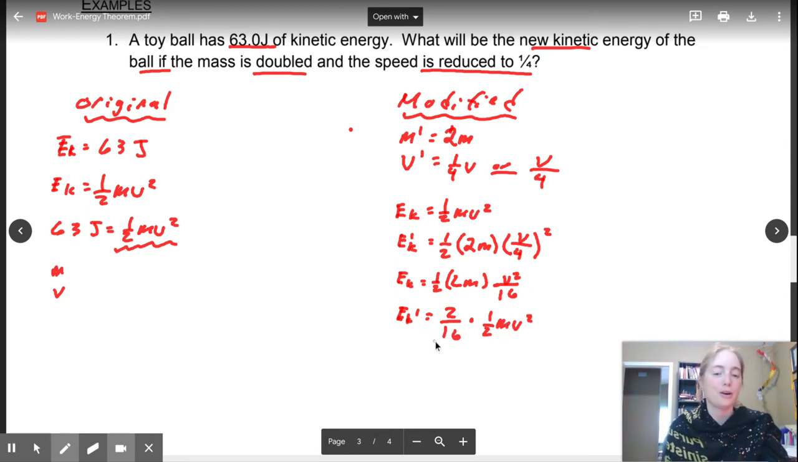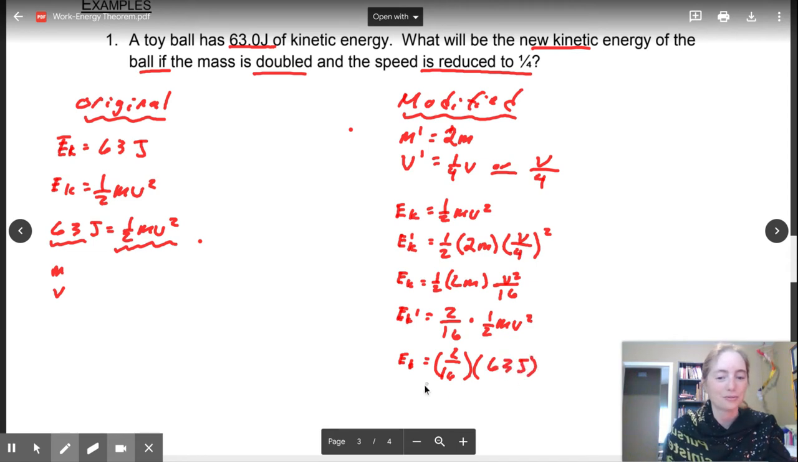So now what I can do is simply take my 63 here, I nearly said 36, 63 joules here, and replace that with this, because remember, 63 joules is equal to 1/2 mv squared. 1/2 mv squared is equal to 63 joules. So I take my 2 over 16 and multiply that by 63 joules. Once you multiply all that together, you're going to get a kinetic energy of